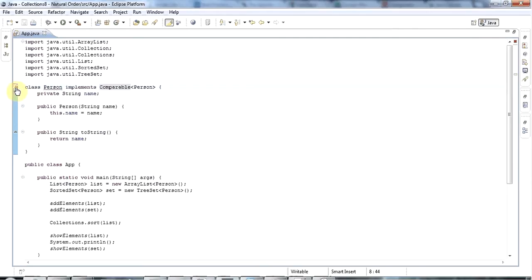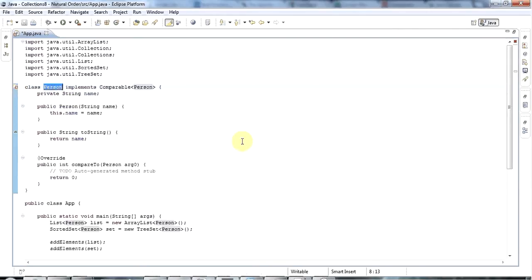Now if I go to add unimplemented methods, we get this compareTo method here, and this compareTo method works exactly like, I think it's the compare method that we saw in the comparator interface in the last tutorial, and that is